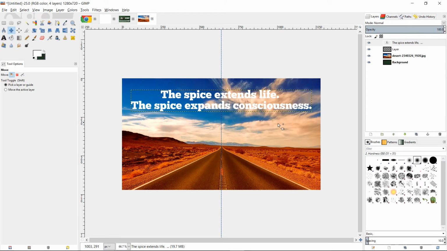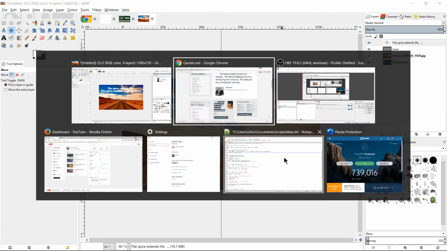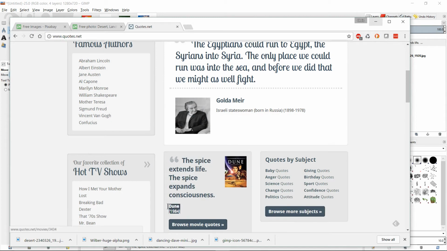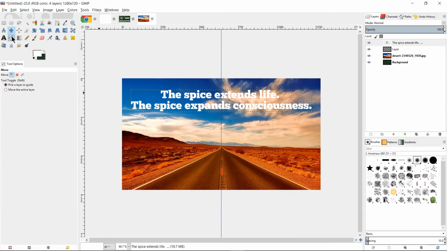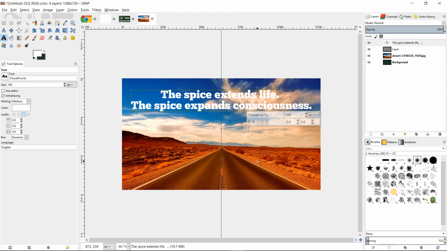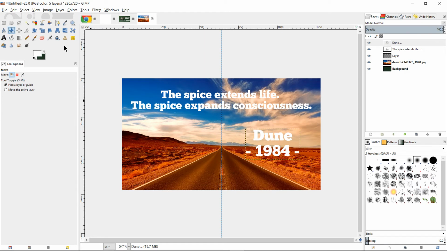But we're also going to need to add in what this quote's from. So in this case, it's the movie Dune, 1984. You can copy that text. And let's increase the font size for this next box, and I'll put it over here, copy and paste that in. It looks like this font actually doesn't support the square brackets. So instead I'll replace that with a couple hyphens, put that over here,